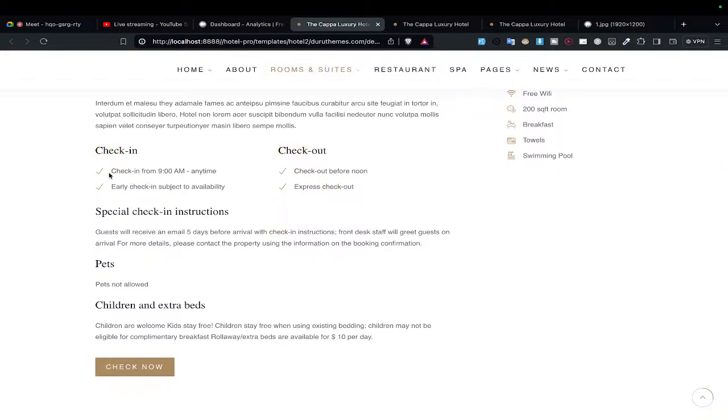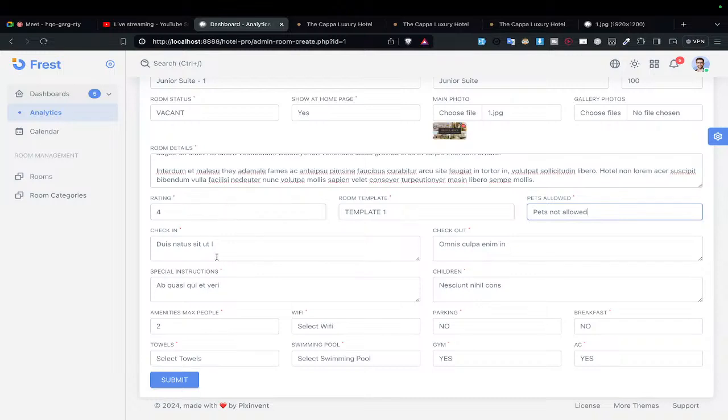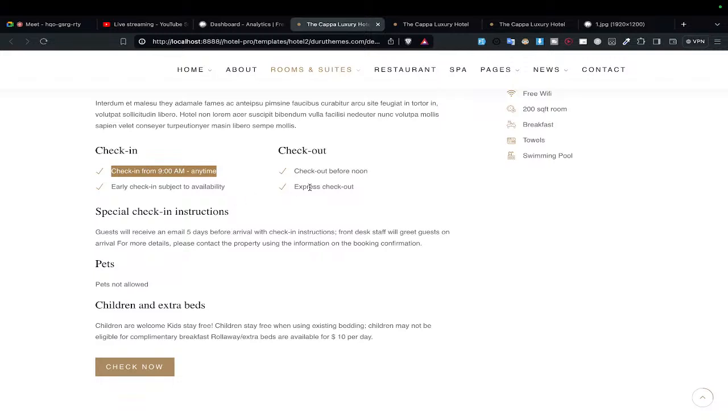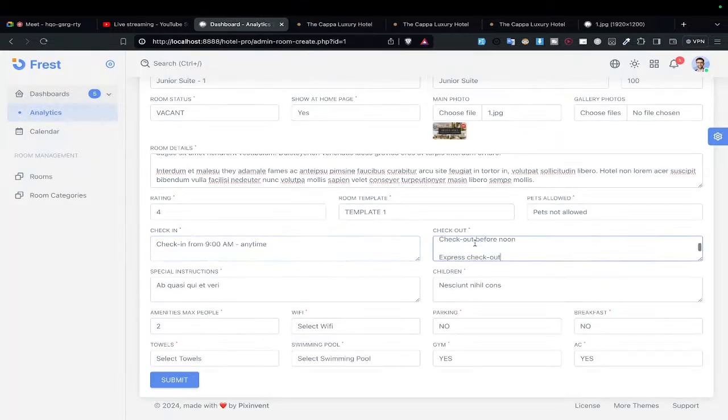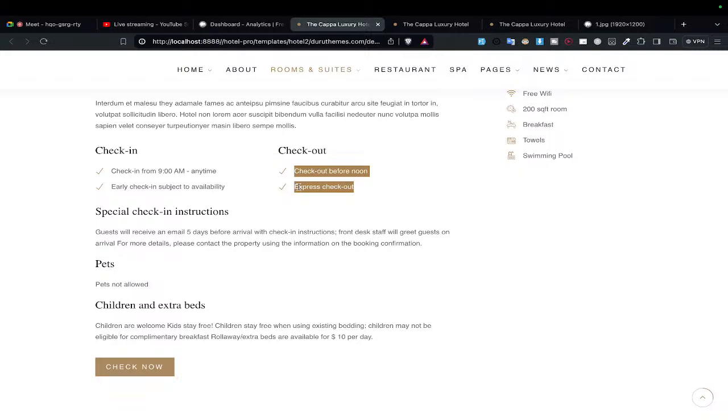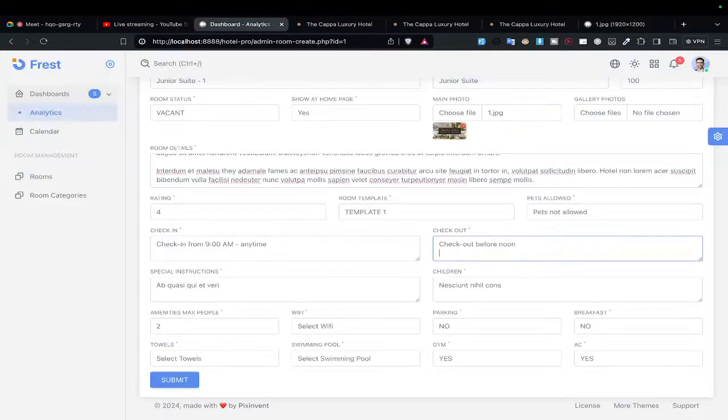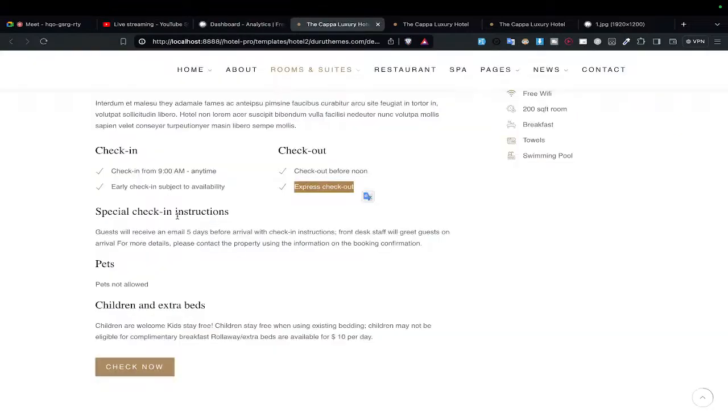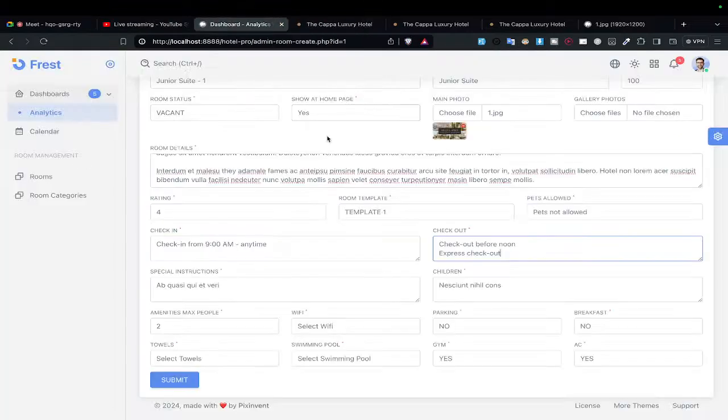Check-in information, I can go ahead and put this. Okay, and then the checkout information, let me go ahead and put this. What if I put the whole thing, the checkout information, I go ahead and put that. Okay, so after doing that, maybe let's try to put the whole thing and see how it looks like. So I can put this, and then come and get this. All right, so after doing so,